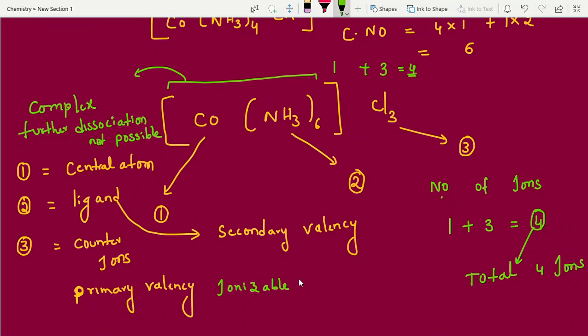And here, what is the central atom, what is the ligand, what are the counter ions, what is primary valency, what is secondary valency. The secondary valency is also called the coordination number. So this video plays an important role, students. This terminology, especially, if you have command of it, then only coordination compounds feel very easy. Okay. So in the next video, I am going to explain Werner's theory questions.